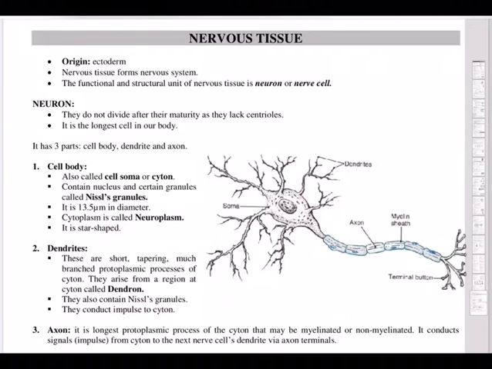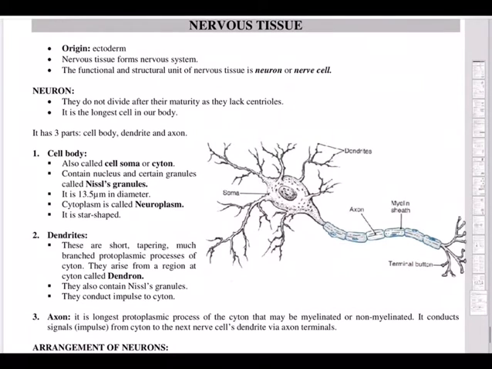And what is there inside the soma or the cyton? Prominently you can see a nucleus. There's a very big, centrally arranged nucleus, and surrounding that nucleus you have cytoplasm, as all of you know, the liquid present inside the cell. But this is not a normal cell, this is a nerve cell. So the liquid present inside this cyton or neuron is called neuroplasm. Neuro means nerve cell, plasm means liquid. The liquid present inside a nerve cell is neuroplasm.